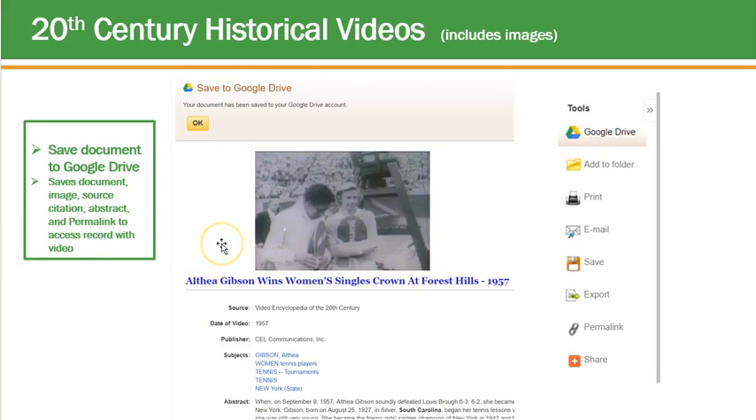Notice you do have some options here as well to save to Google Drive, to print or save, or you find the permalink to be able to locate the video once again. Notice what you are saving when you save to Google Drive is actually a sheet, the document itself with the image on it, the source citation, the abstract, and then a permalink that they can click to. So if you do save this to Google Drive, you would want to click on the option to pull it up in Google Docs, and that permalink that is given in the Google Docs